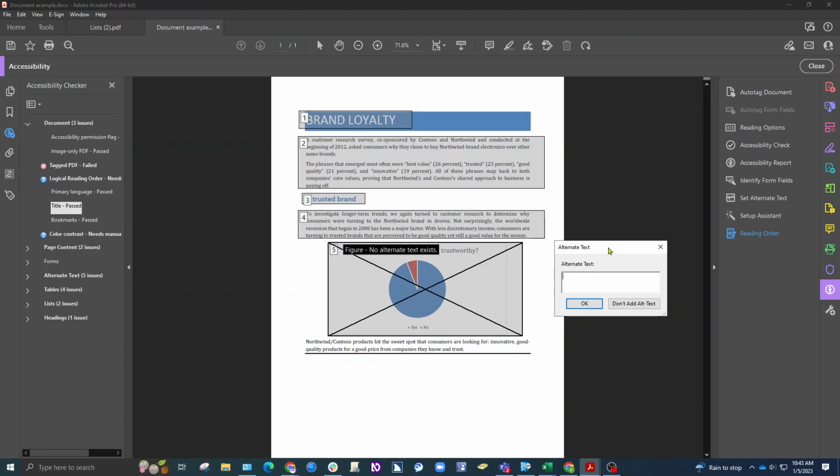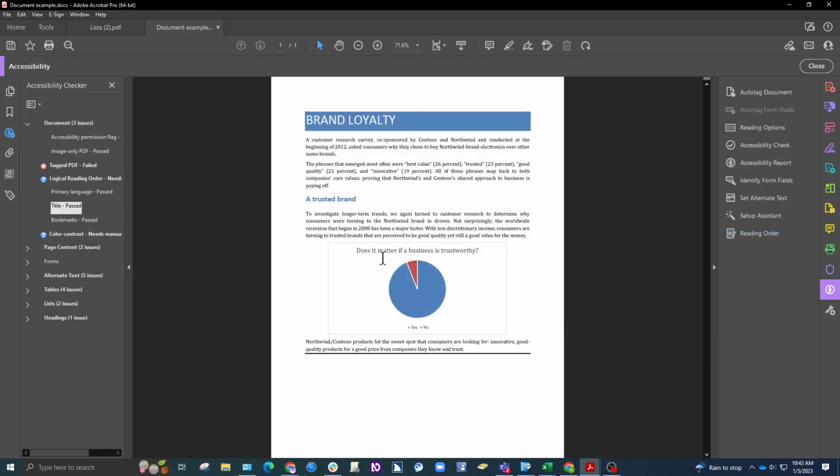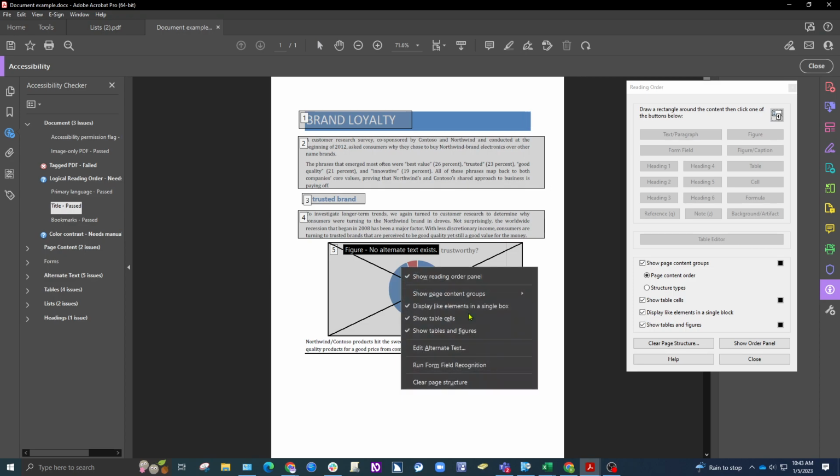So if you're ever unsure, you can always reach out to John or I and get a little perspective of what the alt text might be. So what I'm going to call this one is pie chart. What was the name of this chart? One second. Does it matter if a business is trustworthy? Let's do this. Pie